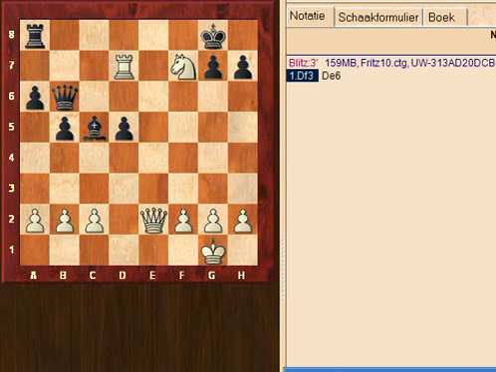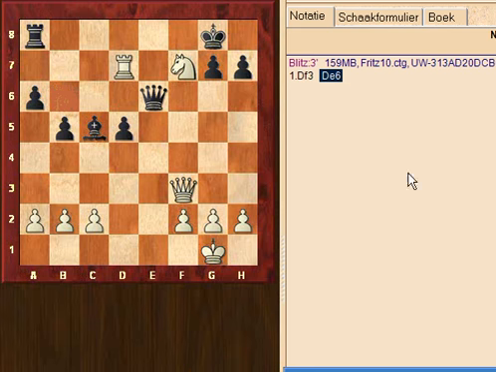The position that you see here on the board is a position that I, let's say, borrowed from a game of another chess player that makes videos here on YouTube, and he asked me to analyze this position because in the game he played Queen F3, and that is a blunder, since after Queen to E6 Black has this double threat, taking on D7 and the mate threat on E1, so this was a sudden end of the game. And now if I